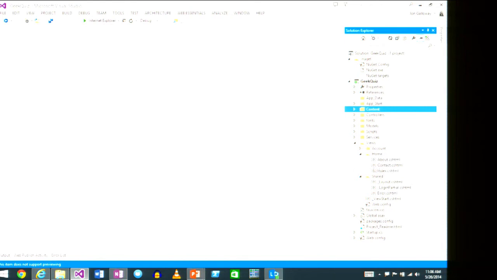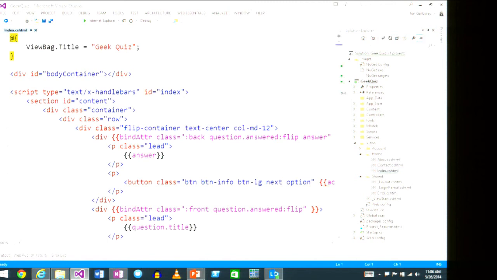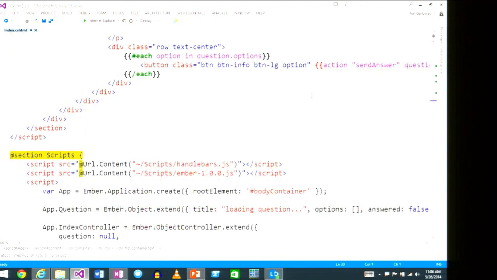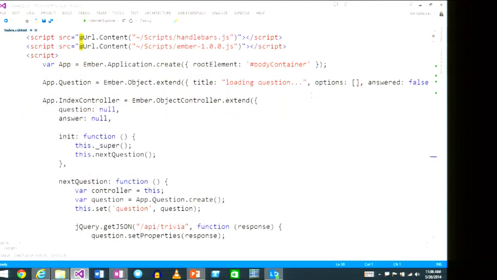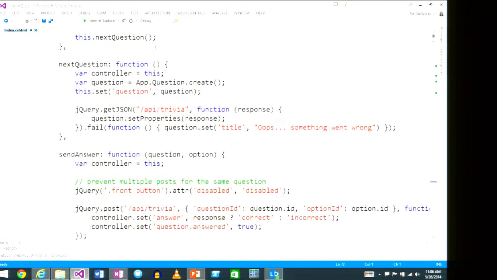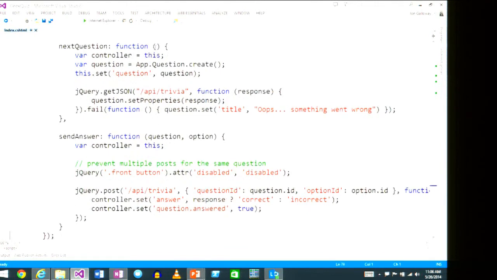But what I do want to show is the front end. Okay, so here is this application. This is using Ember. First of all, I'll show you the script, and then we'll look at the actual binding to it. So it's going to create an Ember application. It is going to set up a controller. It's going to do some initialization. Here are the key things I want to show. There are 2 functions here, next question and send answer. Okay? So next question is going to call,